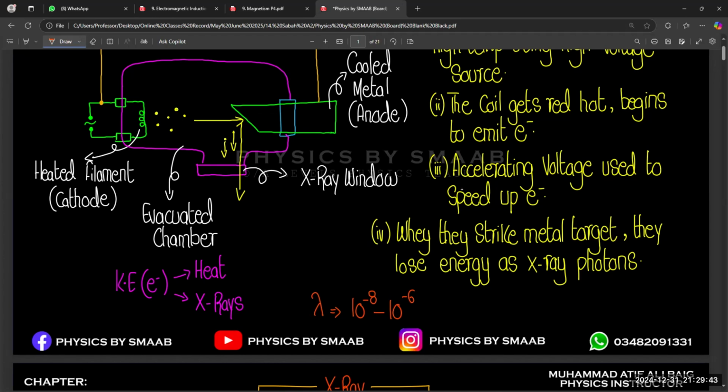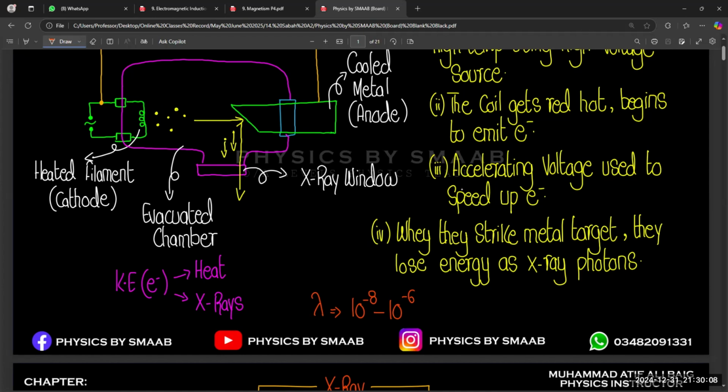And further, there is a concept of what type of image or sharpness we are getting from the X-rays, right? If we talk about those factors,